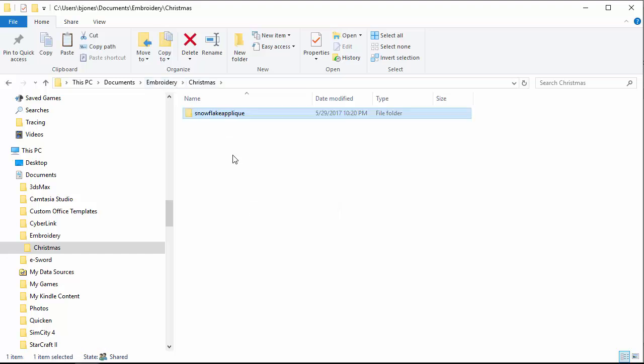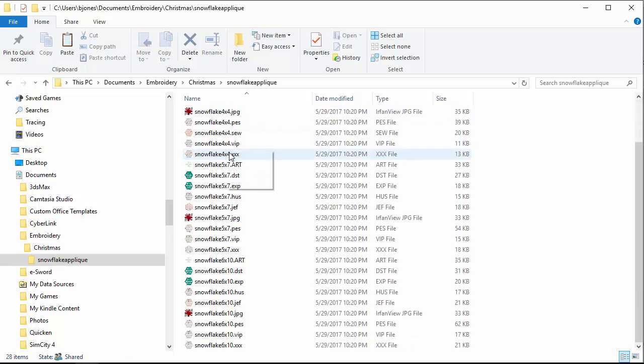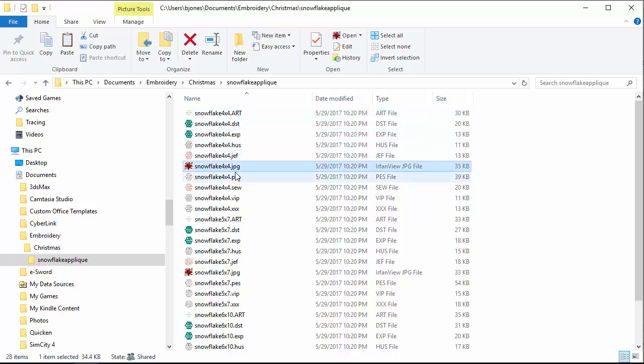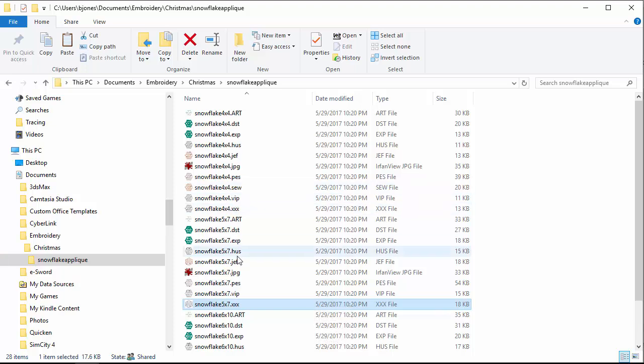So now I've got this snowflake applique, and if I double click on that to go inside it, you'll see we have all these files, and it is the same design in a bunch of different formats. These are all formats that different machines use. Brother machines, for example, use the PES. Singer typically uses XXX, and I don't offhand know what the other ones are for. But let's,